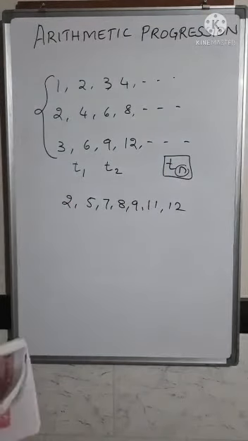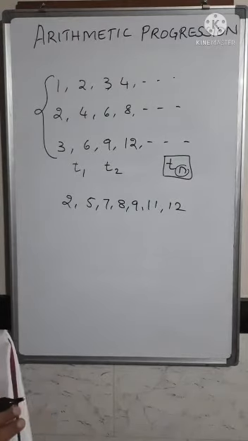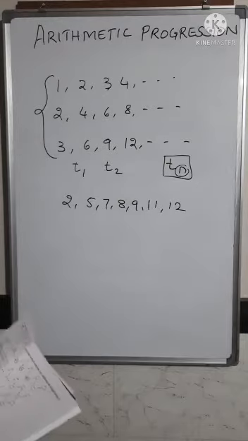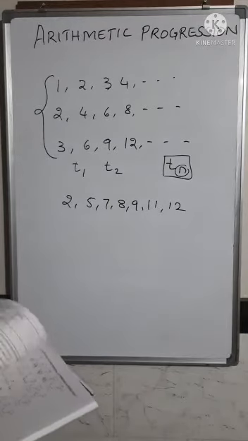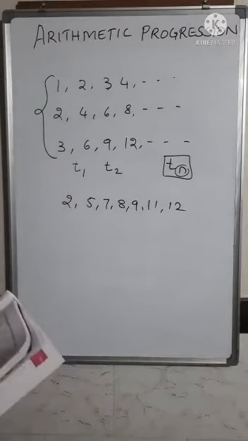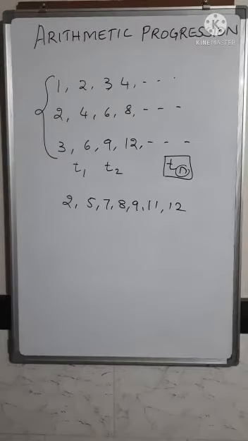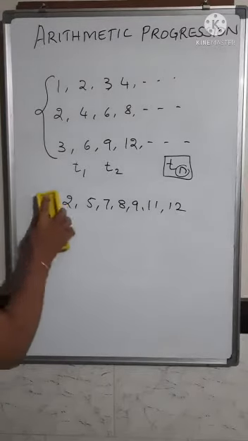Now sequences are of many types, but you will be learning only one type of sequence, where you have a particular rule, and that is called the arithmetic progression. You have the arithmetic progression, you have the geometric progression, and different types of sequences. But under the sequence we are going to learn in the 10th standard, you are going to learn only about the arithmetic progression. Now what is this arithmetic progression and what are the different terms that you use here?